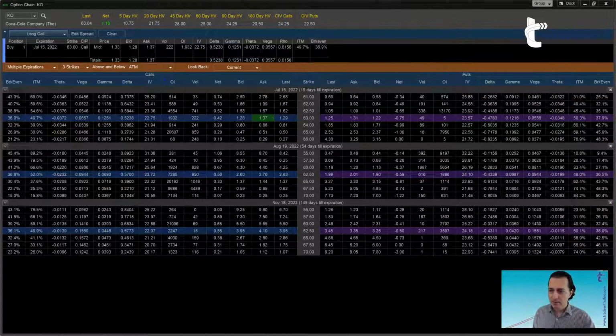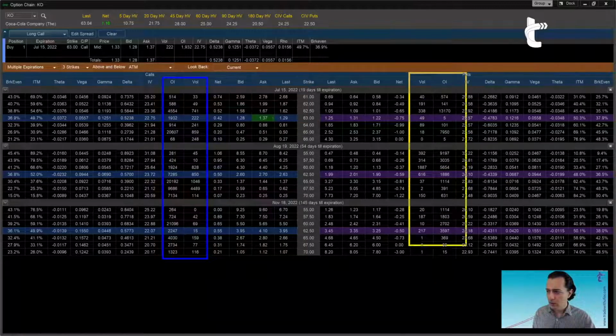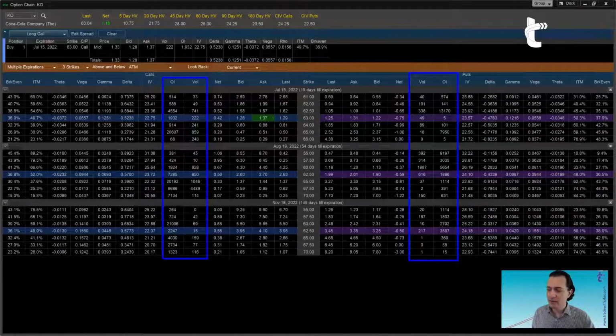And then finally, we got data that represents liquidity conditions, open interest and volume. Here is open interest and volume. Sorry, I just did it backwards. Here we go. Open interest and volume. Okay, which on the right, it's volume and open interest. Again, the columns are mirrored. Finally, we got the net change. Then we get into the bid and the ask, which we already commented, and the last, which we also commented. Okay, so all of those are the columns that you have and that you could observe.